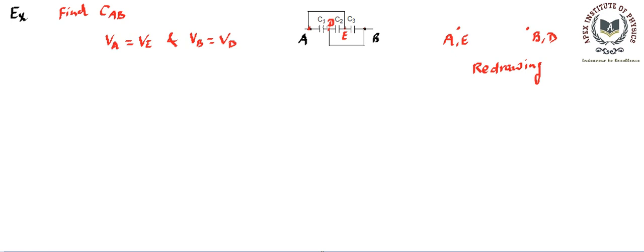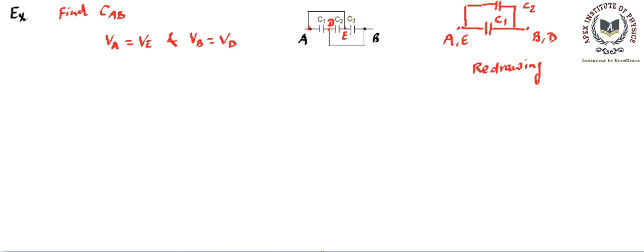Now let's connect the C1 capacitor. C1 is connected between A and D, so A point is this, D point is this, so between A and D we will connect a capacitor and we will name it C1. So that's C1. Then we'll go to C2. C2 is connected between D and E. That's the D point, that's the E point. So between D and E we need to connect C2. We can start from D and connect a capacitor to the point E. So that will be the C2 capacitor that we have connected.